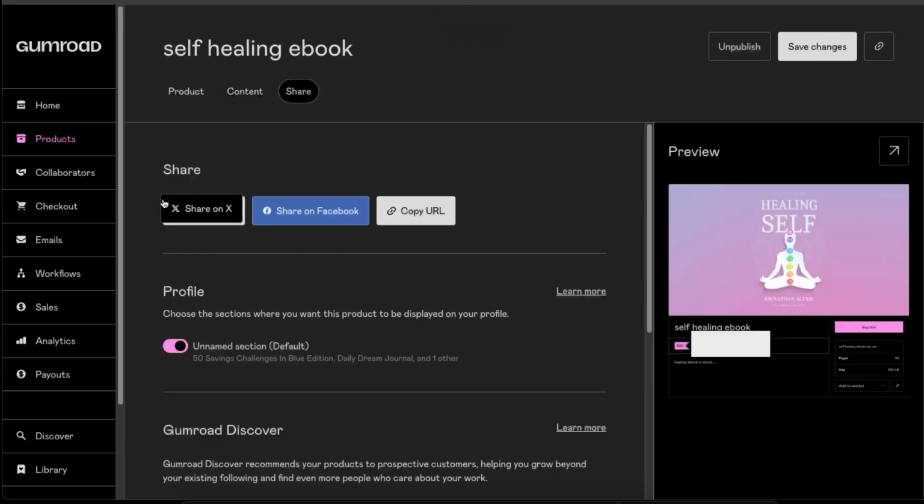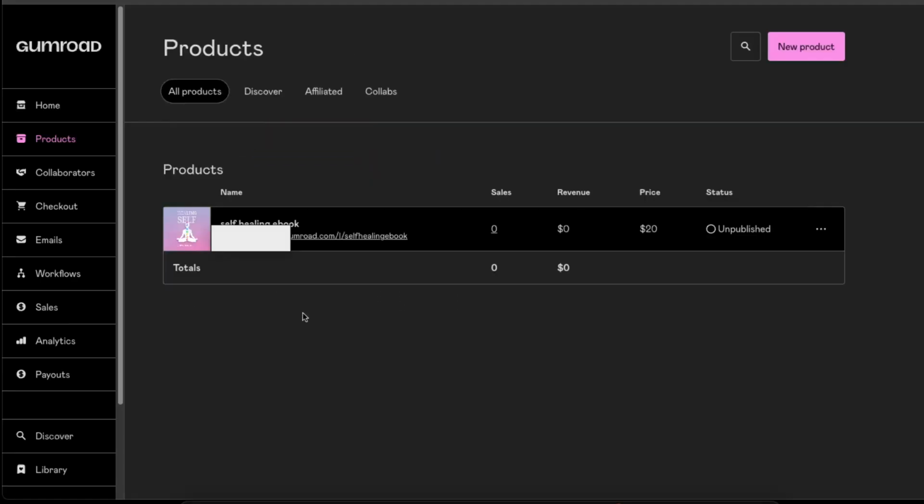And once you are here, you can now share it on Facebook, X, or copy the URL and share it anywhere else, like Pinterest, for example. So yeah, that's